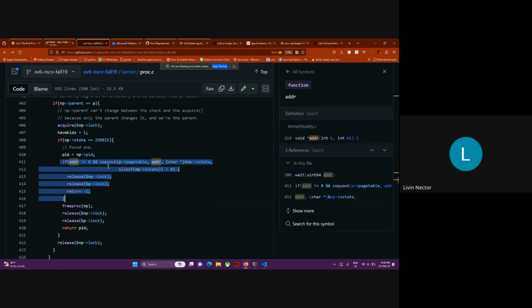This is the failure condition for wait. And if it passed, it just frees the process structure, which means we found one that is a zombie. When freeproc is called, the zombie changes to unused, and we return the process PID,